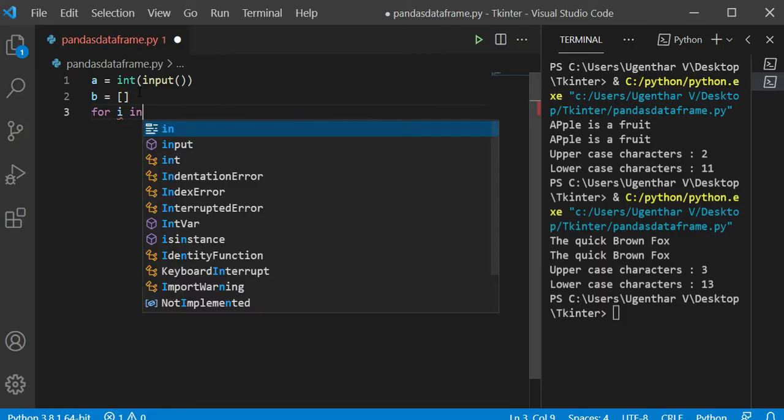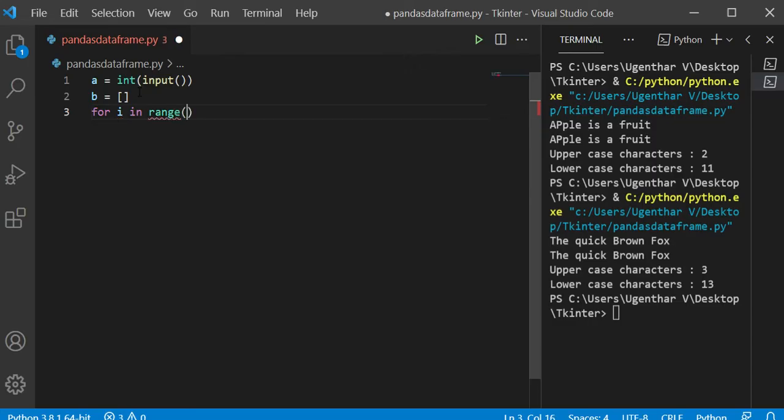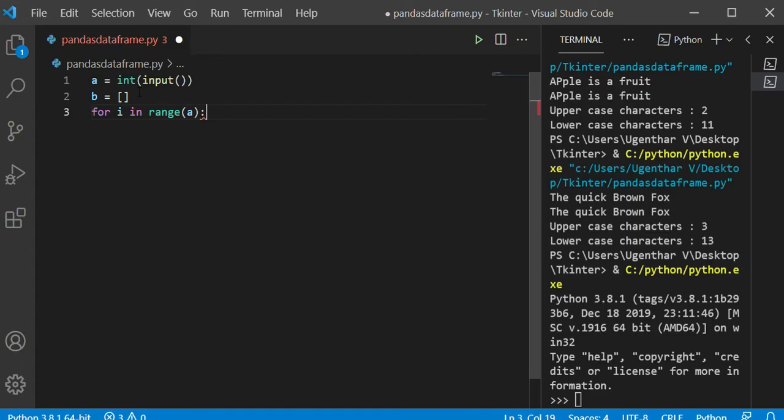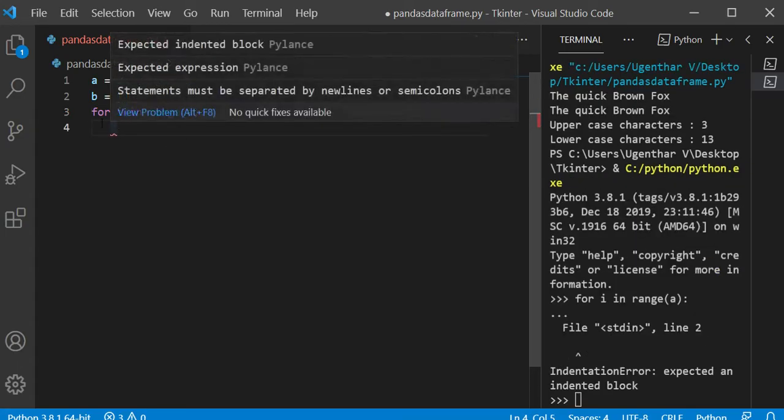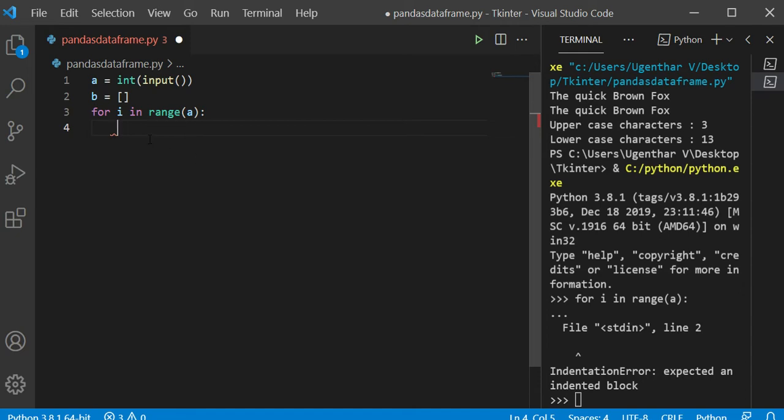For i in range of a indicates the number of inputs that the user can give.